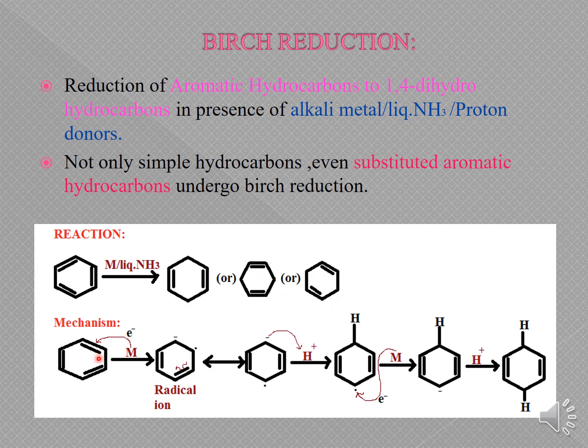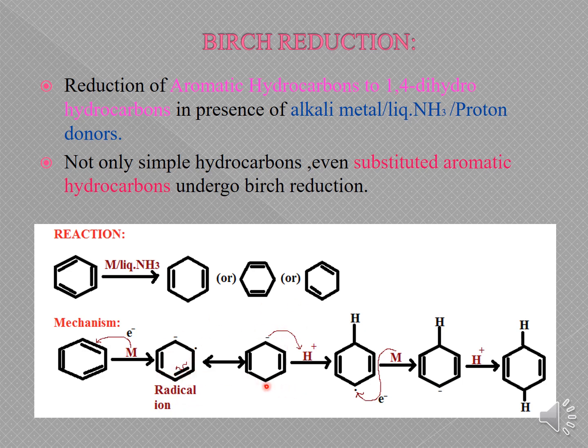In the mechanism part, if you take the arene and treat it with the metal, what happens here? There is a homolytic cleavage in the first bond. When this bond is cleaved, one radical is over here and one radical over here. This radical will combine with the electron and gain a negative charge, okay, and then this electron will remain as it is. Once you have this electron, again the next bond present over here breaks. There is a radical ion formation over here, okay, and then the protonation will take place.